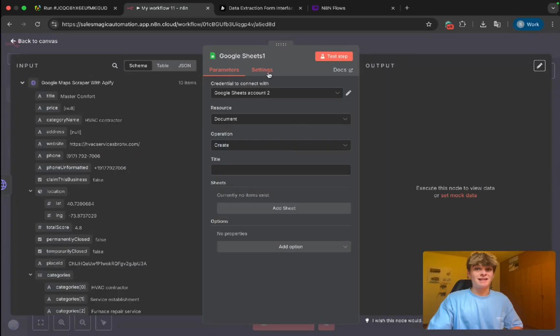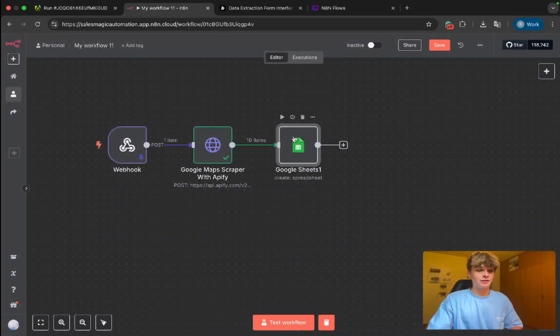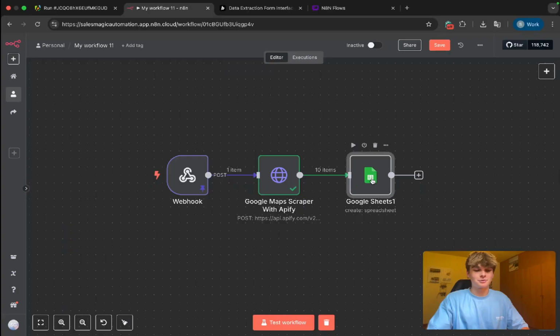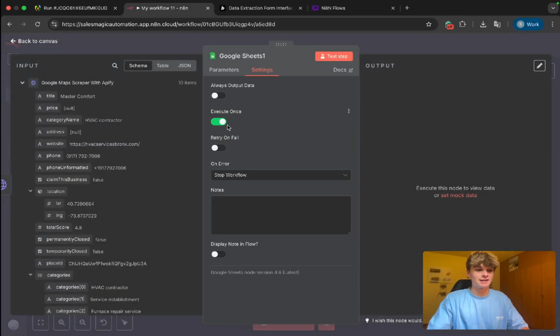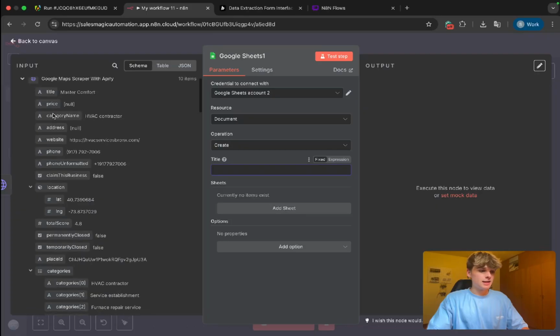Then we're going to go to settings. This is important. Go execute once. Otherwise, if you don't select execute once, you can see these 10 items here. It's going to create 10 spreadsheets. So ensure you select the settings and execute once. Now we're going to create that, and then